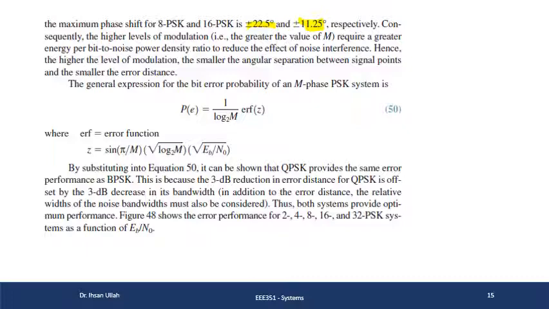The general expression for probability of bit error for an M-phase PSK system is equal to this thing, ठीक है, where erf is an error function और z इज इक्वल टू दिस थिंग, ठीक है जी। बाकी इसमें सारी नॉन वेरिएबल्स हैं, कोई ऐसी चीज़ नहीं है जो नहीं हो।